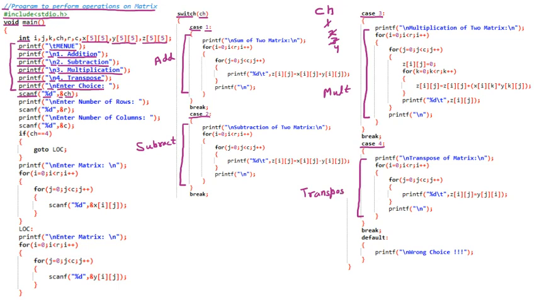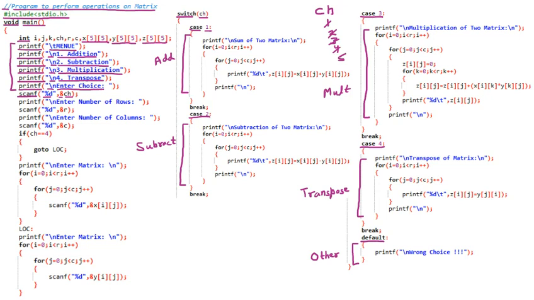Now this is the layout of the program by which we are going to work. And yes, if the user is not entering from 1 to 4, maybe the user is entering 5, 6, 7, any other number except 1 to 4. Let us suppose the user has entered 5. So this is not a valid choice. What will happen? We have the default case. This default case is for the other option, which is the wrong choice, meaning the user has entered the wrong choice. So this is the layout of the program.